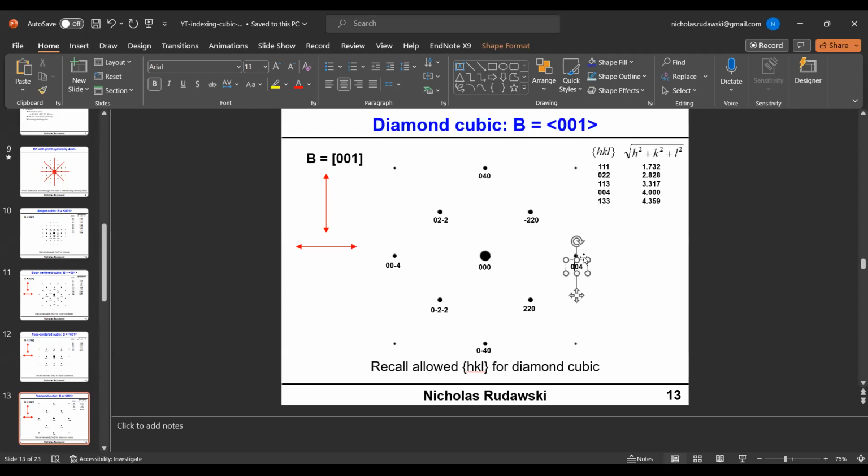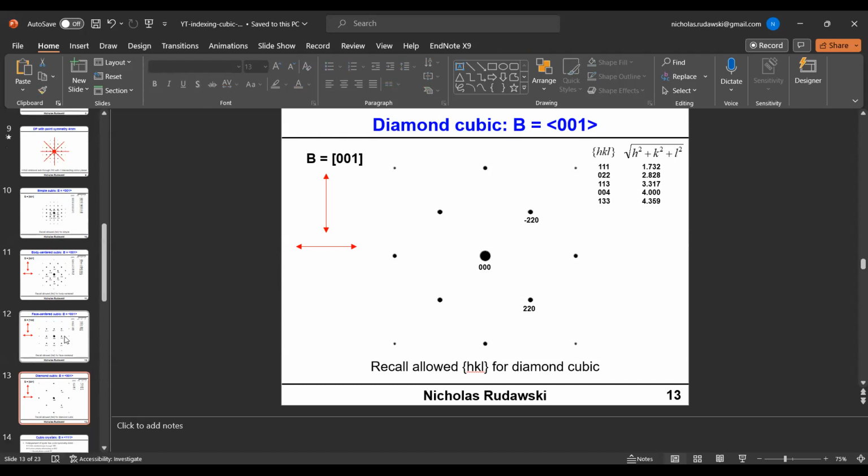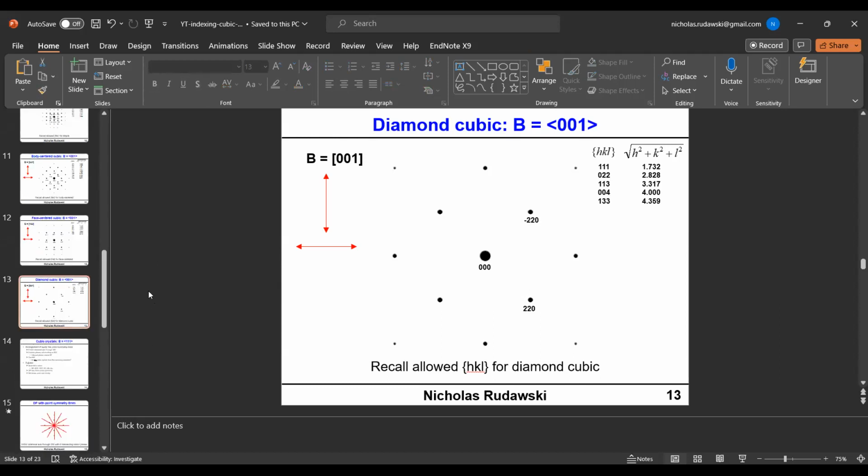Okay, and then again, you'd have to rearrange the rest of these spots. I'm not going to go ahead and do that. Let me go ahead and erase these though. Okay, and again, this is if we want to apply these soft rules, if we don't want to index this as, say, 1 bar 0, 0, and we want to index it as 0, 0, 1. All right, so that is the end of the 0, 0, 1 family zone axes,